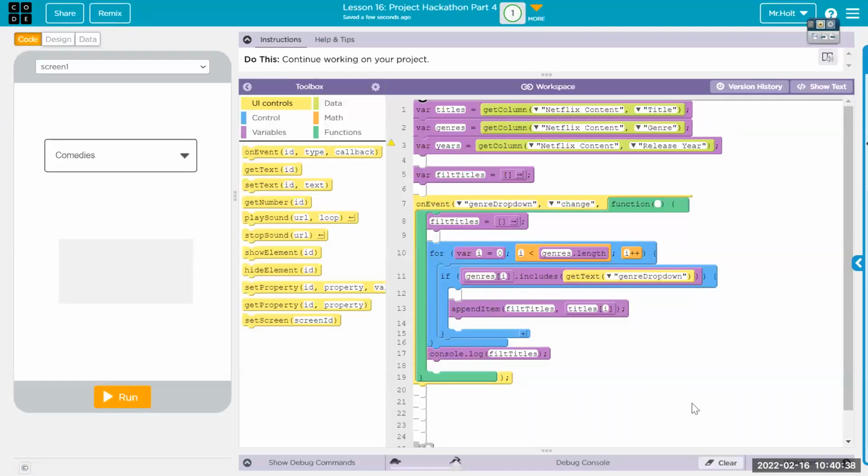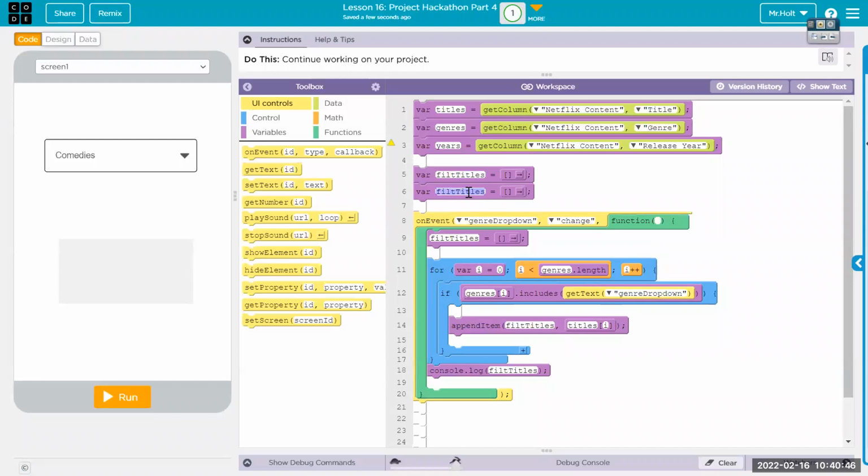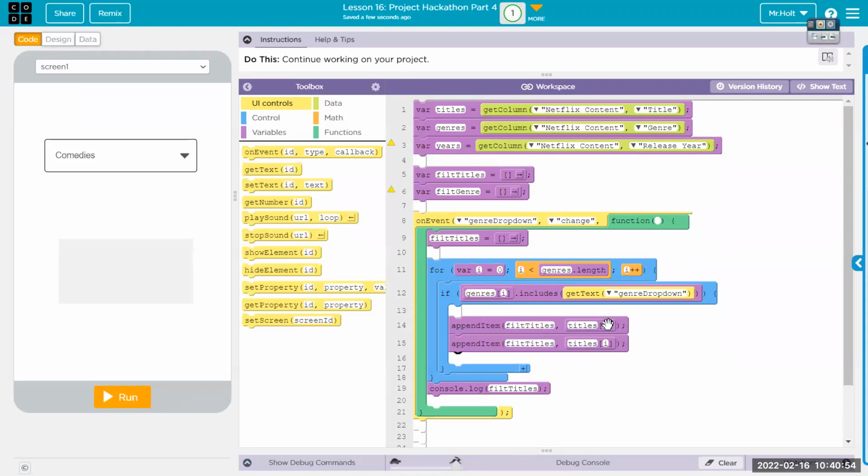We're going to sort through the filtered. In fact, let's have a filtered genre. I'm not doing the year thing yet. I might do something. Filt genre. And I want to append items to filt genre